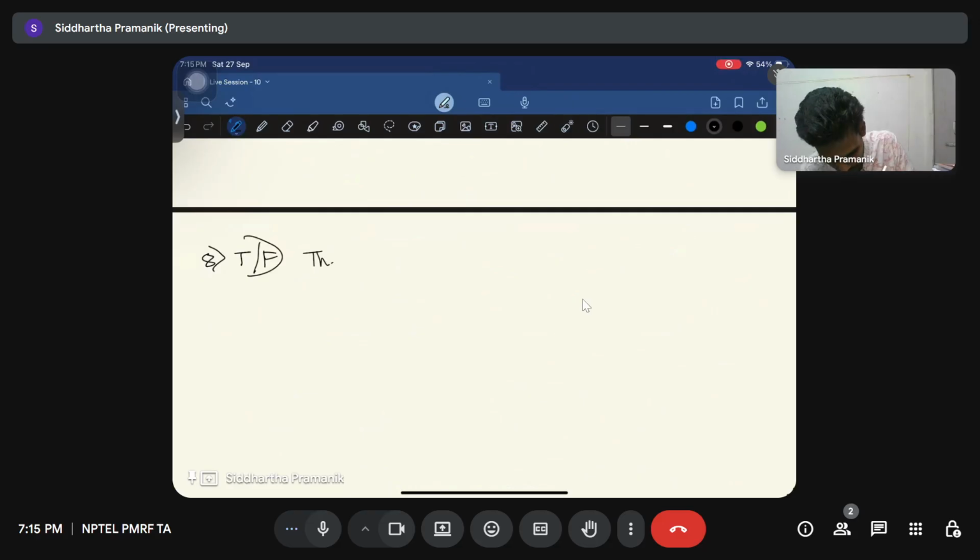The Krull dimension of the ring, let's say K[x